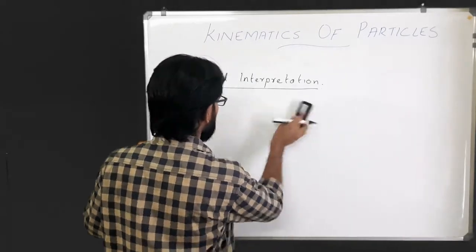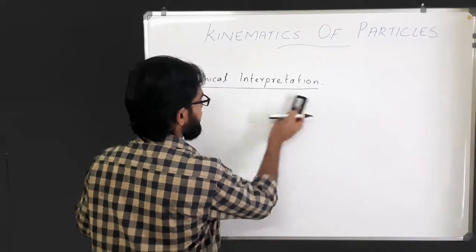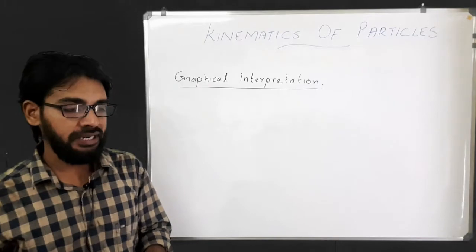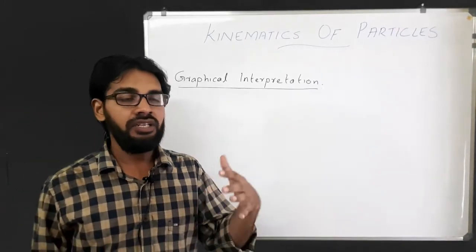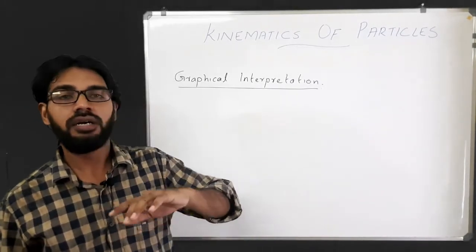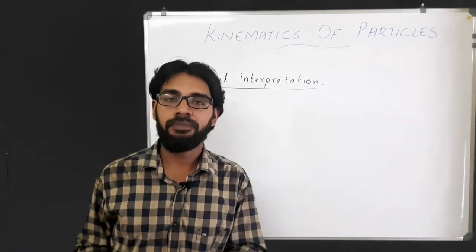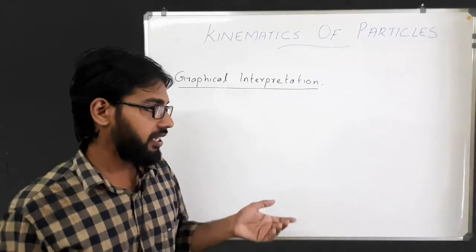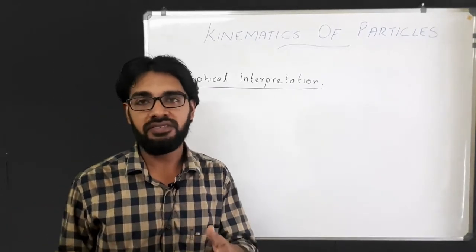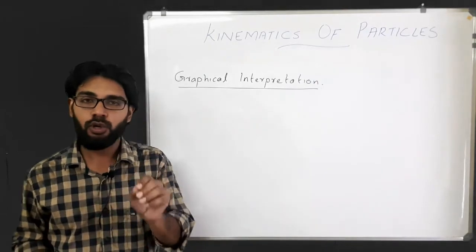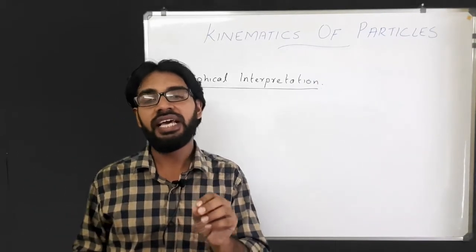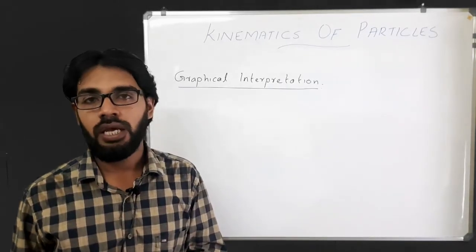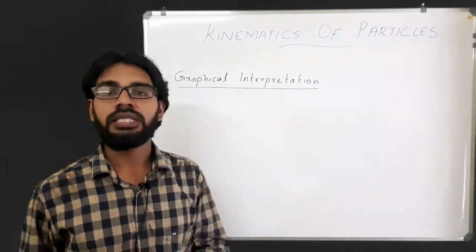Usually integral equations of motion and graphical interpretations are applicable for rectilinear motion. But in certain cases, a curvilinear motion, that is motion in a curved path, can be described as the superposition of two rectilinear motions. We shall deal with more about this topic in the next lecture, but the point is, here also we can express the motion graphically, maybe one along each coordinate axis. Now we shall look into three typical plots.